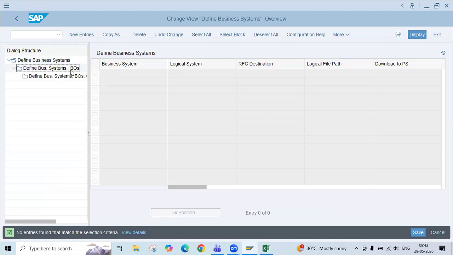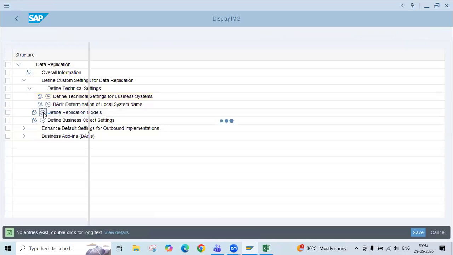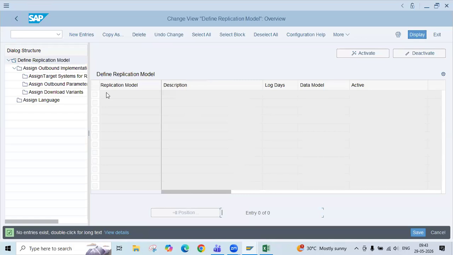Business objects is nothing but, for cost center, we have a business object number. Likewise, for material, supplier, customer, everything we have a number. So that number we have to assign here. After configuring this one, we have to go to different replication models. In this replication model, we have to